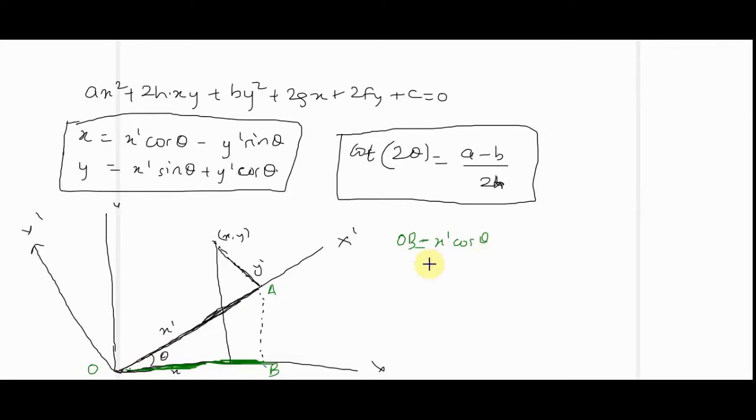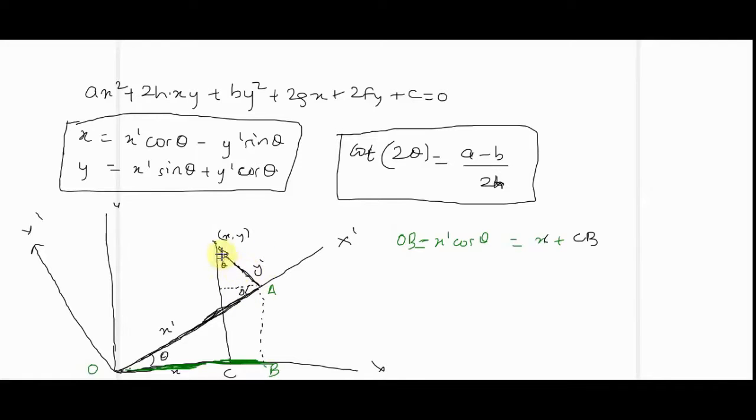Okay, so also we know OB is this x plus this distance. Let me write C. So that's also equal to x plus CB. Now we have to find CB. Okay, for that we'll draw a line here. We know this is theta, this angle is then 90 minus theta, this angle is also 90 minus theta. So this will become theta, this will be 90 minus theta, and this will be theta.